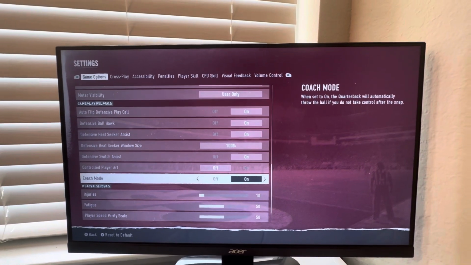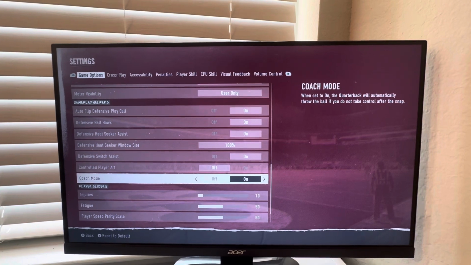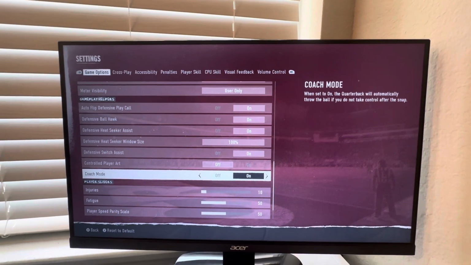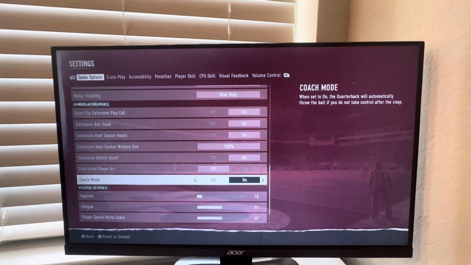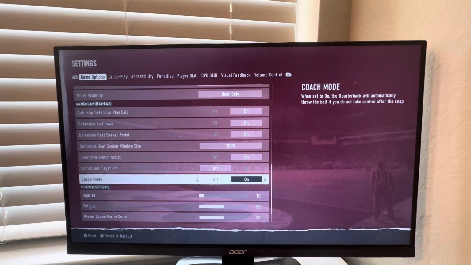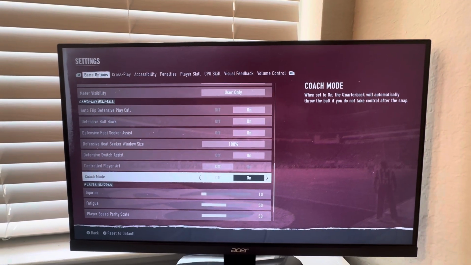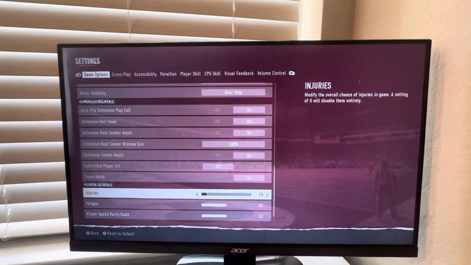And then you could turn on coach mode. So let's say that you haven't picked something and you haven't hiked it, then you'll be able to do that. So when set to on, quarterback will automatically throw the ball if you do not take control of the snap. And then this is really cool too,